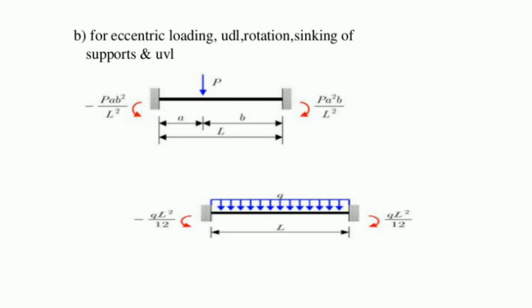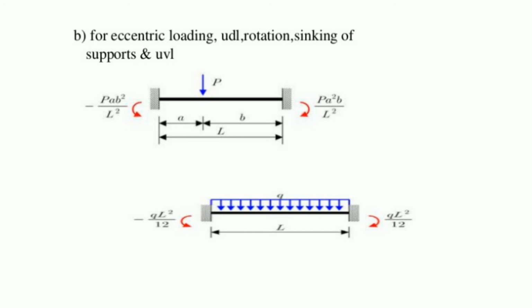The fixed end moment at the left support is equal to minus PAB square divided by L square, and at the right it is positive PA square B divided by L